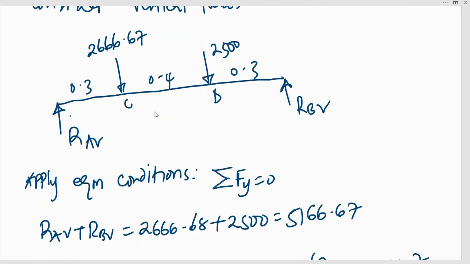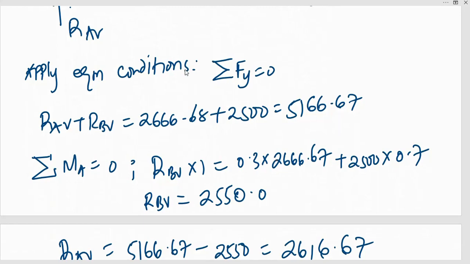Then let me consider vertical loads. I'm told that gear C has a tangential force that acts vertically downwards, and this is 2666.67 newtons. Another vertical load acts at D, which is due to the weight of pulley D, and this is 2500 newtons. Now I consider this as a system of forces acting on a simply supported beam, and I need to determine the reaction at A due to the vertical load, then the reaction at B due to the vertical loads. Applying equilibrium conditions gives me upward forces equal to downward forces, and also taking moments gives me